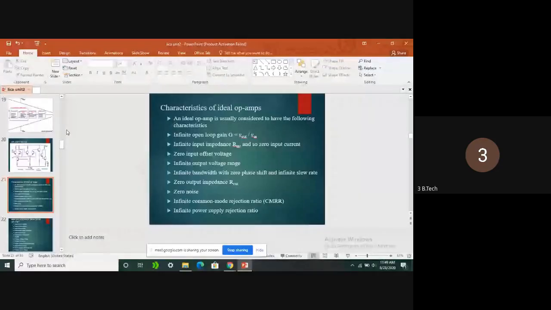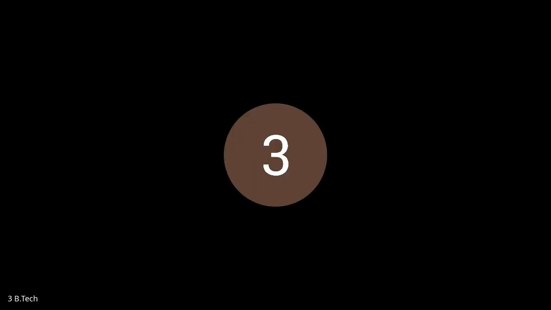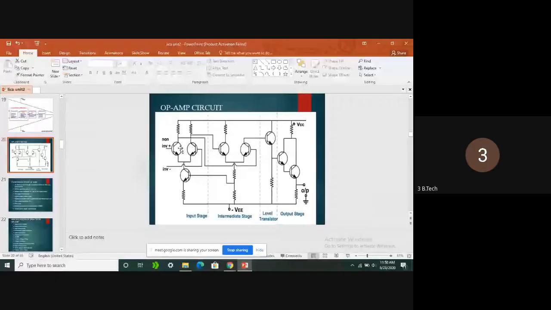So common mode is nothing but, I think everyone knows about the differential amplifier. See, this is the basic differential amplifier. Here I'm pointing to the two transistors. Is that clear to all of you? So for these two transistors, to the base of one we give the inverting input, and to the base of the other transistor we give the non-inverting input. Okay.